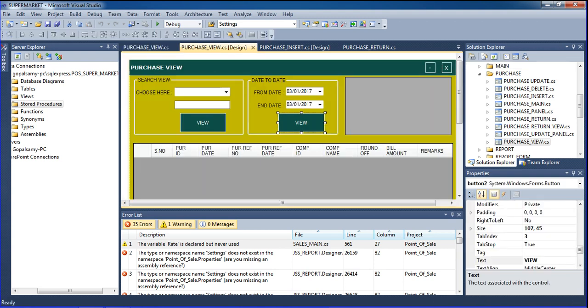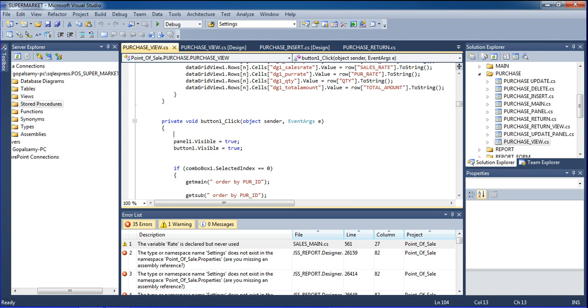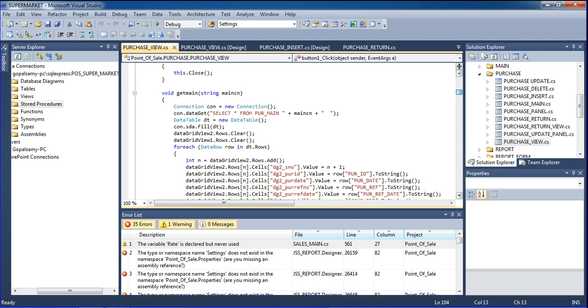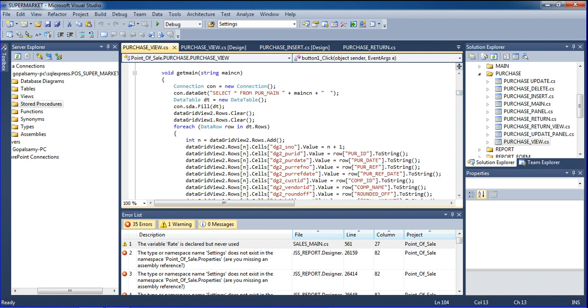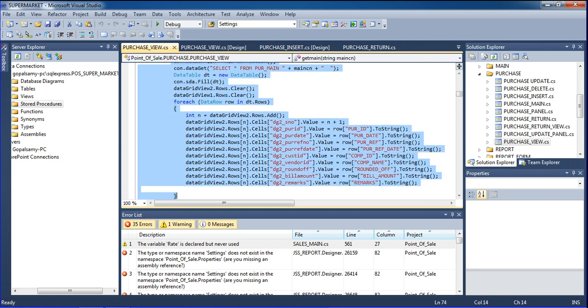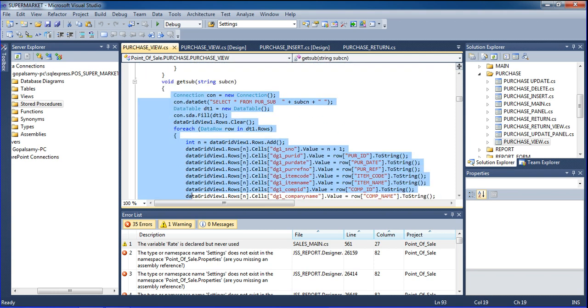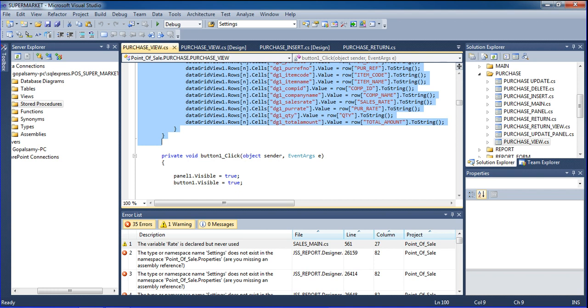And then I double click here, just visible all, just get main. In this get main I declare this code for search, all the records search; that one I get. And in this sub I declare to fetch all records from the data table to the data grid view.